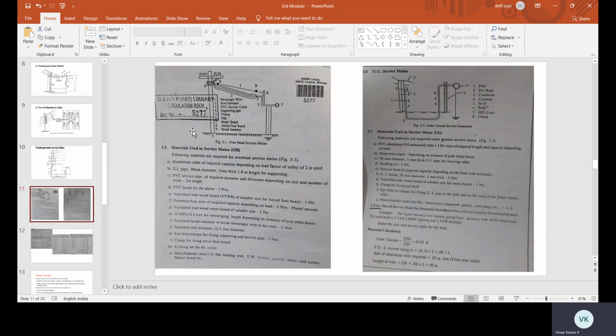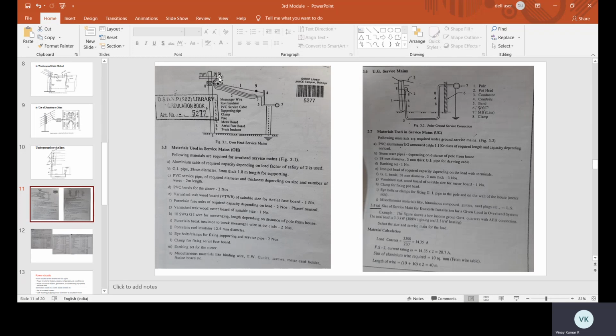So while solving the problem, first we have to calculate the load current, the total amount of load current that is required, and then after finding the load current we have to calculate the size of the cable. So which cable do we need to calculate? Based upon that, next we go for the length of the cable, how much length is total required.